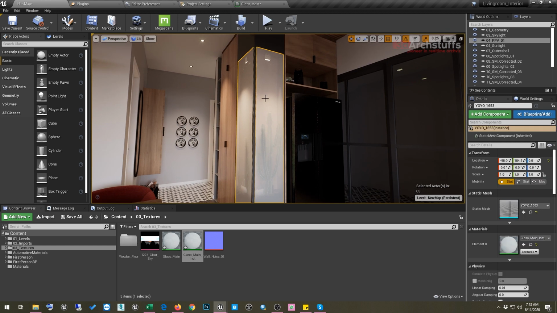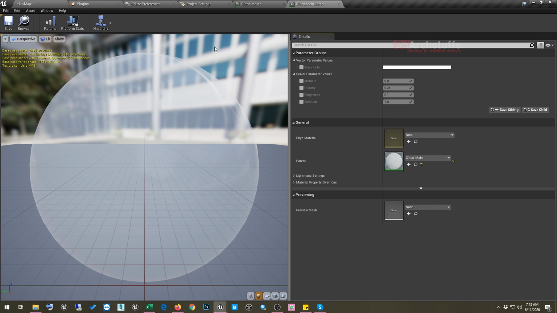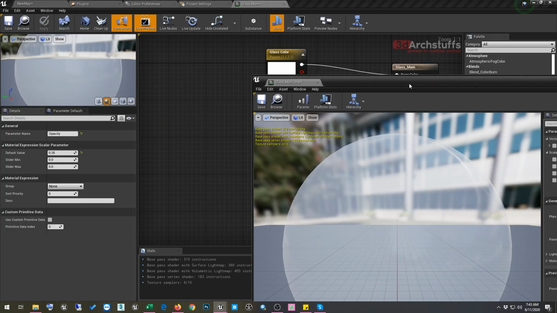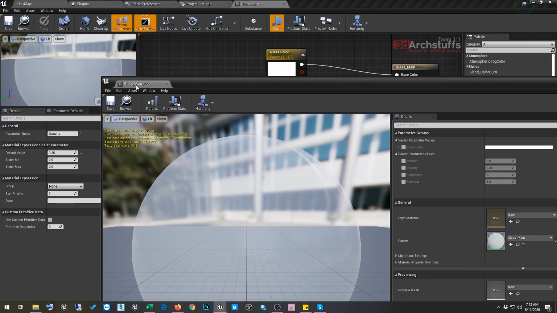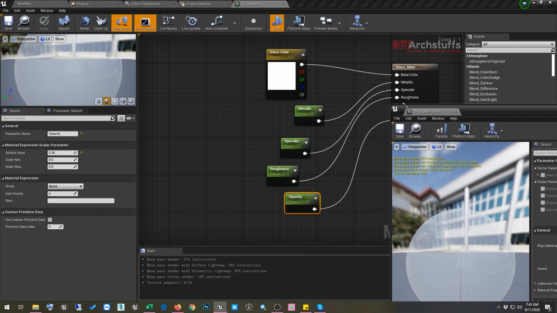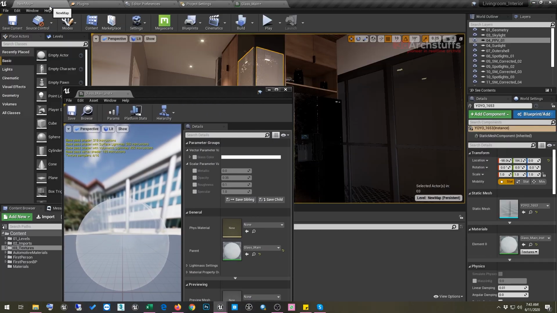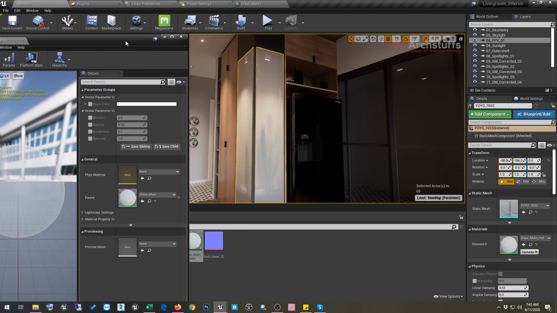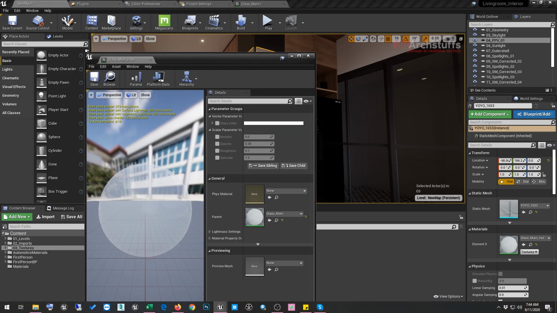So we'll go ahead, select this one or any object, and then I will double click the material, and we will have this glass material instance here. And now we have to tweak these material properties to get the best material possible. And I will just adjust this palette so that I can have a view in the scene, and then I can also adjust its parameters.